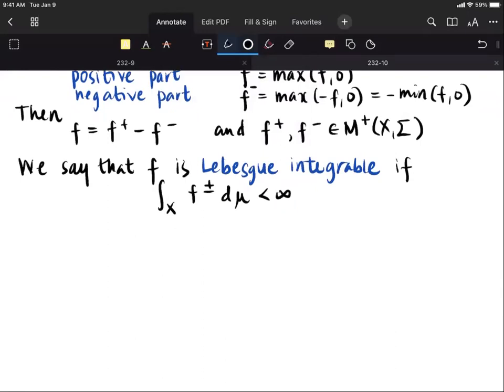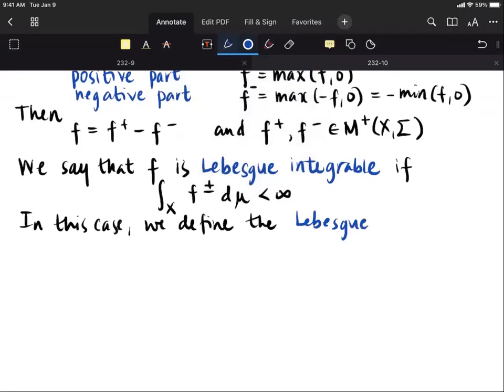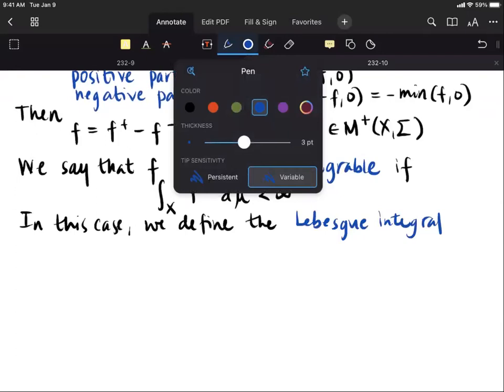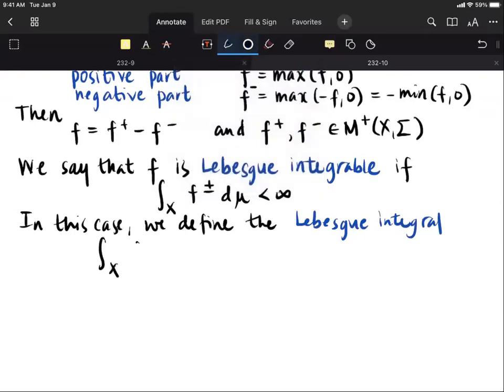And in this case, we define the Lebesgue integral of f,